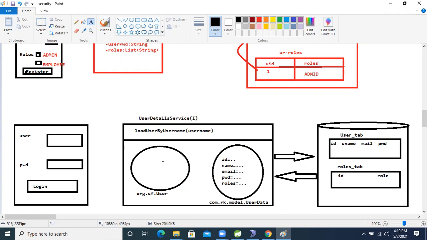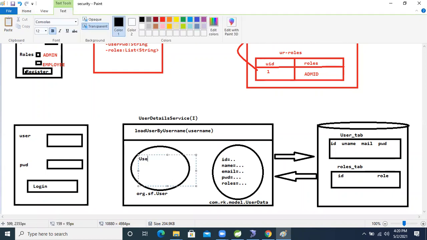To perform the login activity, the user needs which data? Username, to perform login activity and security operations in our application. Second is password. And roles are there, which is nothing but granted authority.